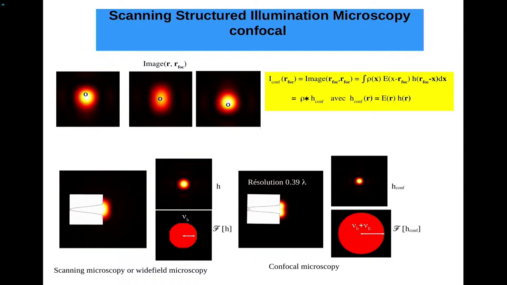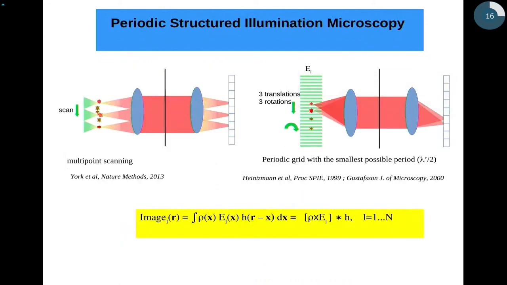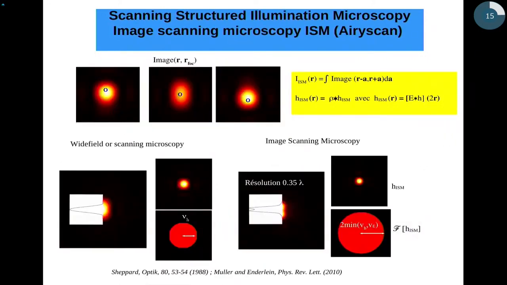There is another technique that you must have known. It's called image scanning microscopy, ISM. I don't know, it's Airyscan. It's usually an add-on that is put on confocal microscopes. And ISM, the aim of this technique was really to avoid this problem of photons, the fact that you don't have a lot of photons in a confocal microscope. So the idea, the image processing that they apply, is what we call pixel reassignment.